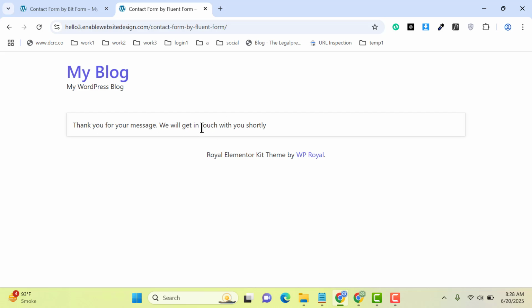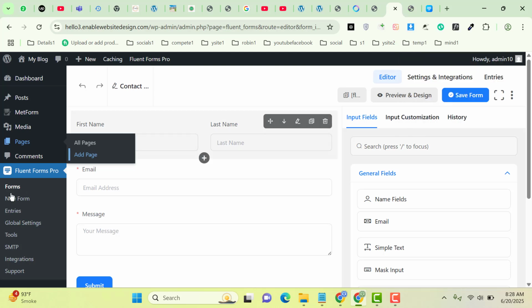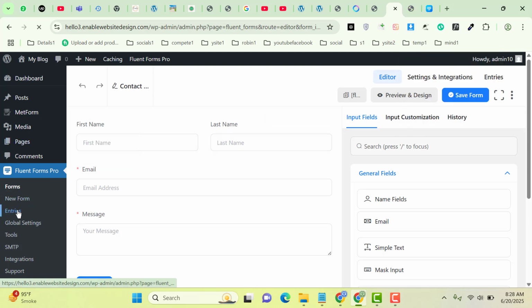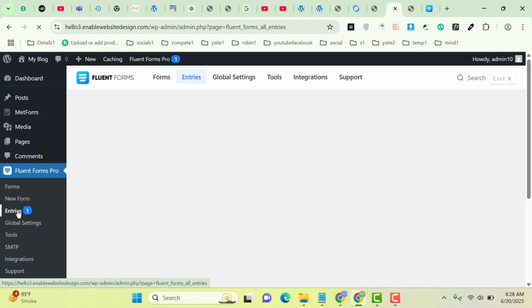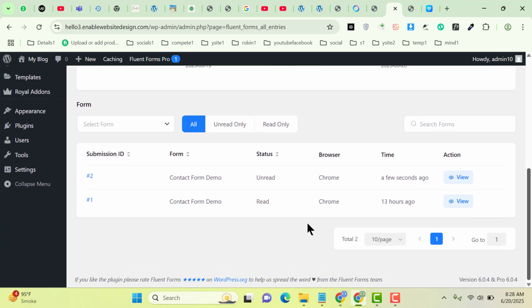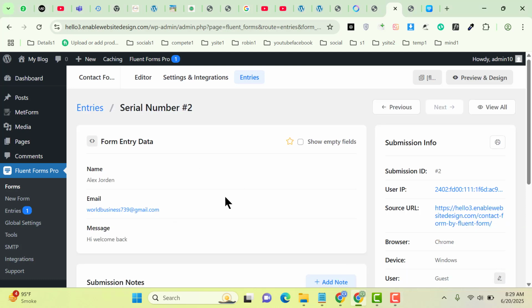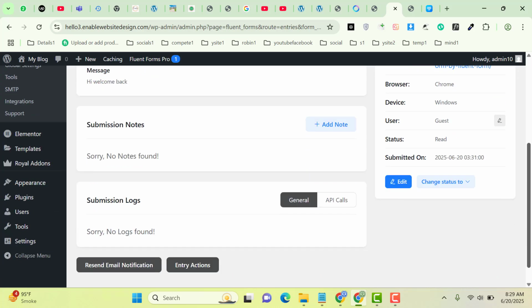Okay, we got the message is sent. So now let's go back, and after that again click on entries. Scroll down. Here you can check these are the two entries. So one is made a few seconds ago. Then you can simply click on view button, and now here you can see the form is filled and we got entries here. So in this way you can easily create a form